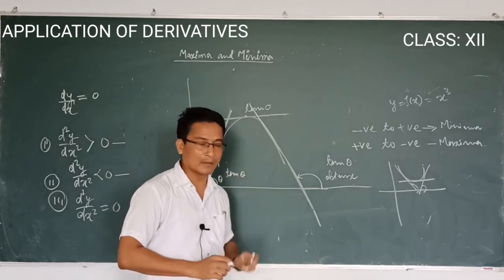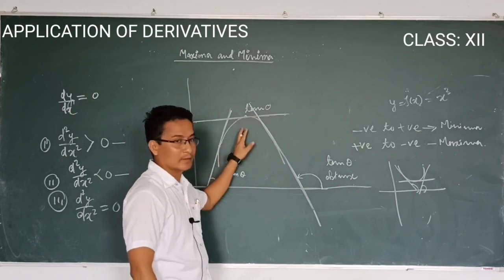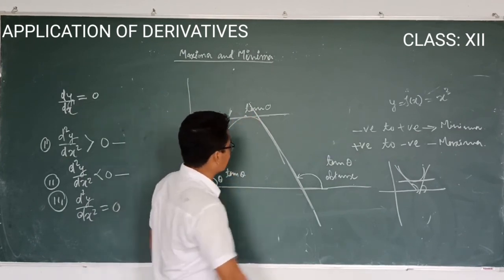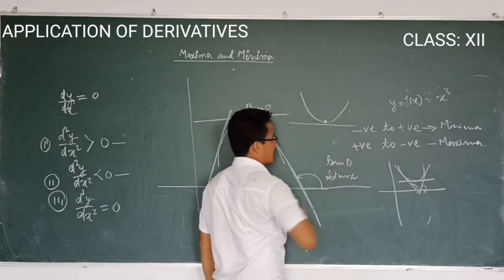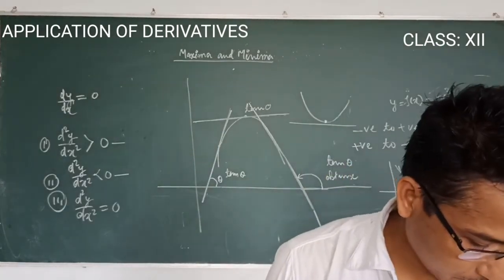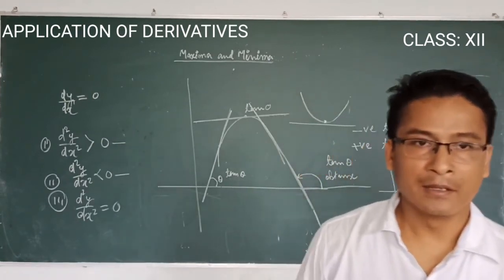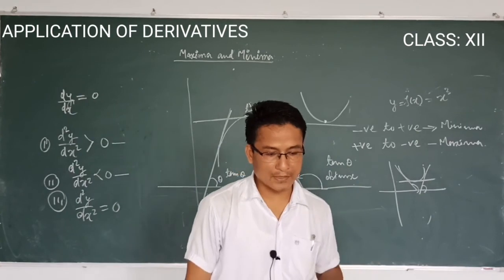This is all basic. Just try to understand what maximum and minimum are. Maximum means the top point of the curve like that, where no other point reaches higher, so we call that the maximum. And what about the minimum? If your curve is like that, then we get this point as the minimum point.